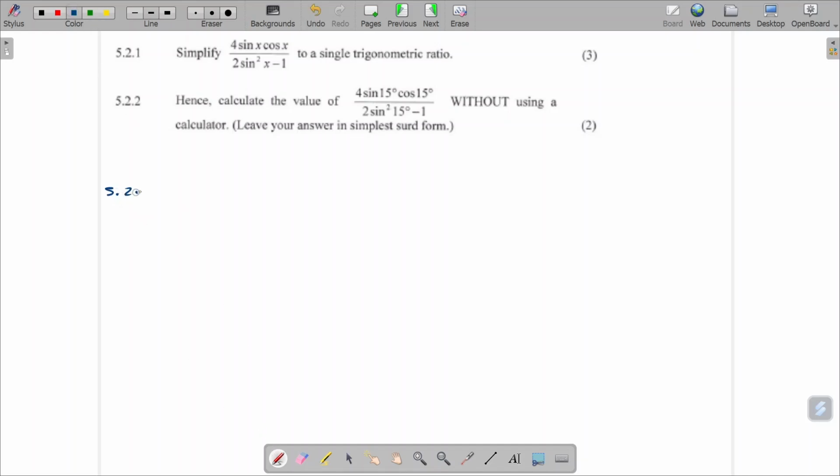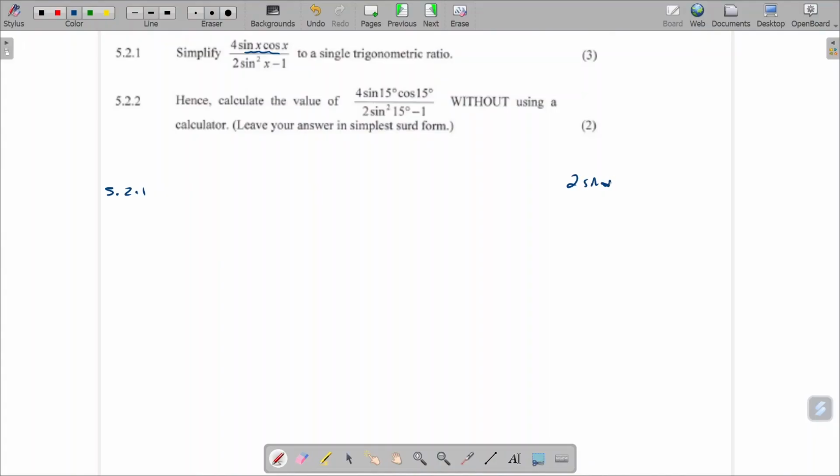So 5.2.1. This combo of sine with cos makes me think that we've got the double angle ratio for sine. So sine 2x. But sine 2x is 2 sine x cos x. So 2 sine x cos x equals sine of 2x. So if I simply put a 2 in front of it, that'll be the same as saying that. So I'm going to have 2 sine 2x over, now hold on, 2 sine squared x minus 1